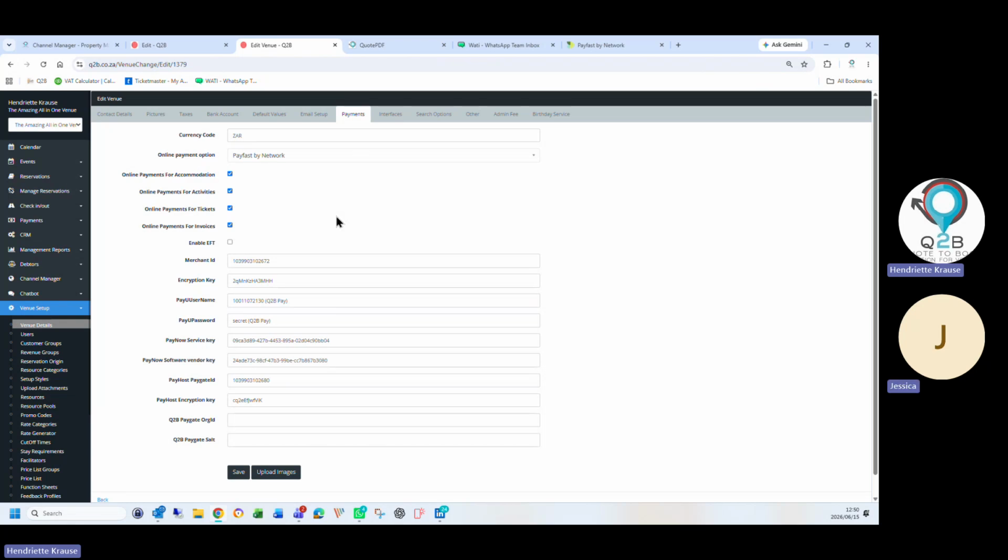Okay, so that's easy. So we've got our own Paygate with Bidvest as well, that we've built with Bidvest. Bidvest Merchant Services is the bank, and we've built a Paygate with them, Q2B Pay. They are offering our clients a very good deal and a standard deal, but they don't have the instant EFT.